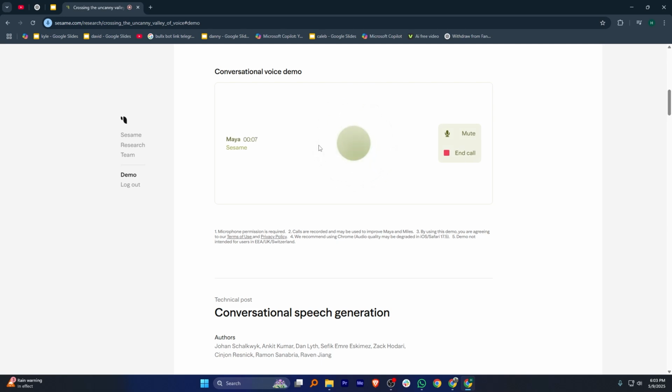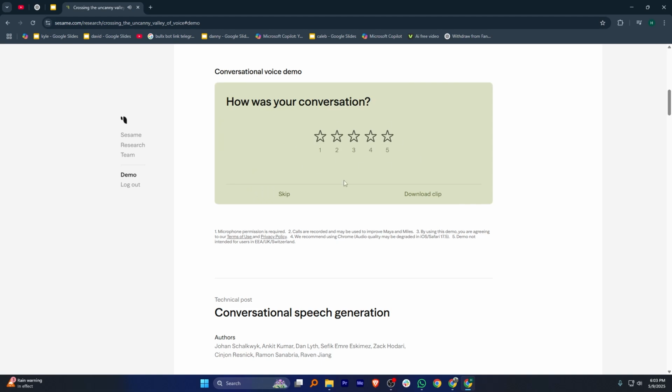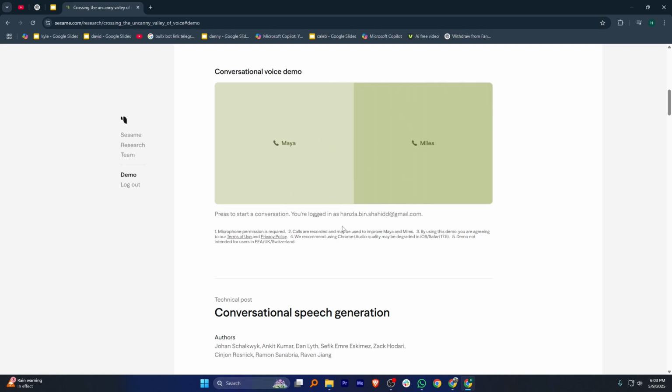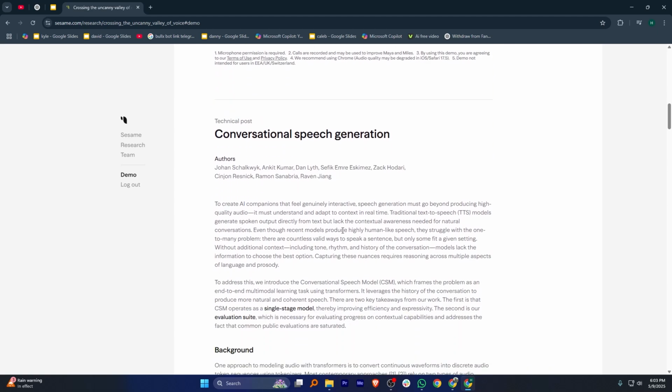If you want more features, like using Sesame AI for business or apps, go back to the homepage and click sign up to create an account. Then, after signing up, you can access the API keys and documentation to integrate Sesame AI into your own platform like websites or apps. Now, you're ready to explore what Sesame AI can do, whether for learning, chatting, or building